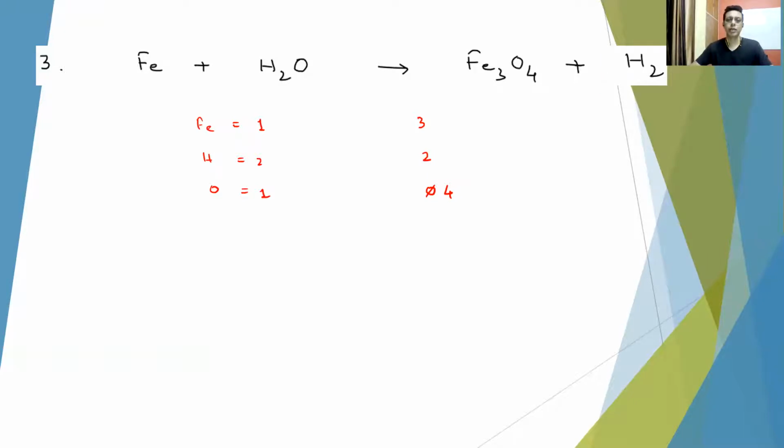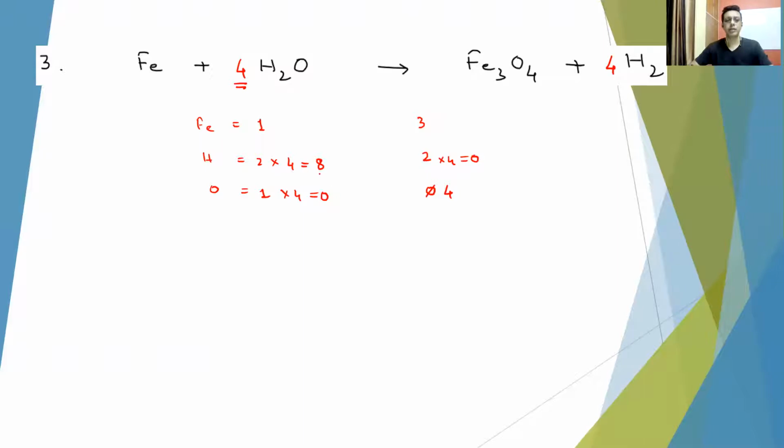So you'll start with which atom? Try with the biggest formula, which is Fe3O4, where oxygen is the maximum number. So we'll start with oxygen. 4 oxygen here. To make them equal, place 4 here. So when you place 4 here, oxygen becomes equal. But once you place 4 here, the hydrogen has to be multiplied by 4. So hydrogen becomes 8. And this side you have only 2 hydrogen. So make this hydrogen also 8. So place 4, hydrogen also becomes 8.